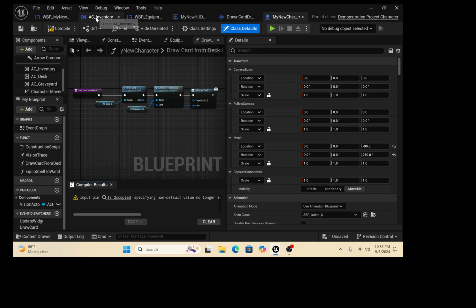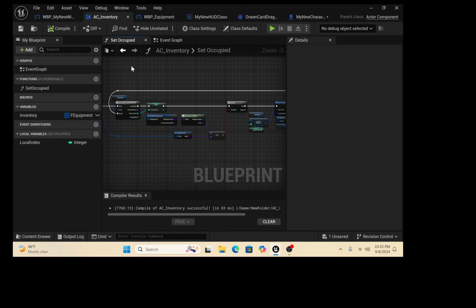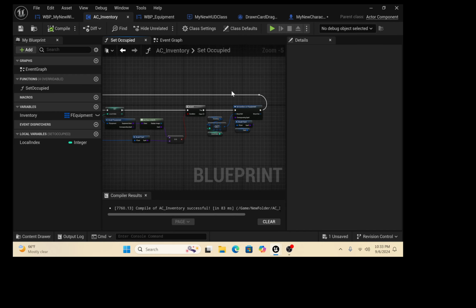So if we look into the inventory component, you can see here we've just got inventory of F equipment items, and if we look inside of the inventory, each of these F inventory items is basically an equipment item and then a corresponding spell. So if the corresponding spell matches the class of the card that the equipment item wants, then we can go ahead and equip that in there, and then we can break out of the loop. We're just setting members. We're getting this as a reference, not as a copy,